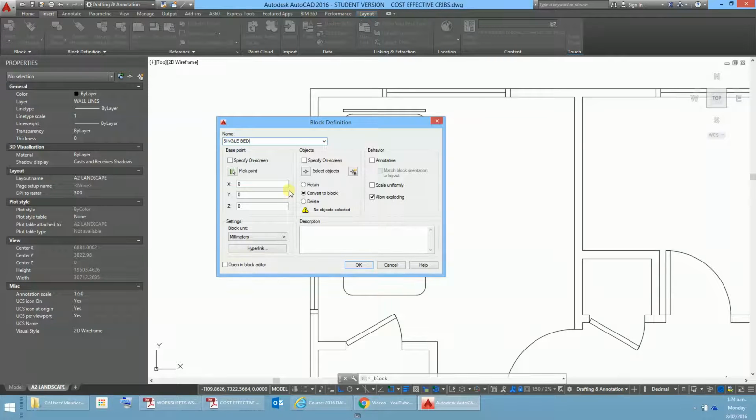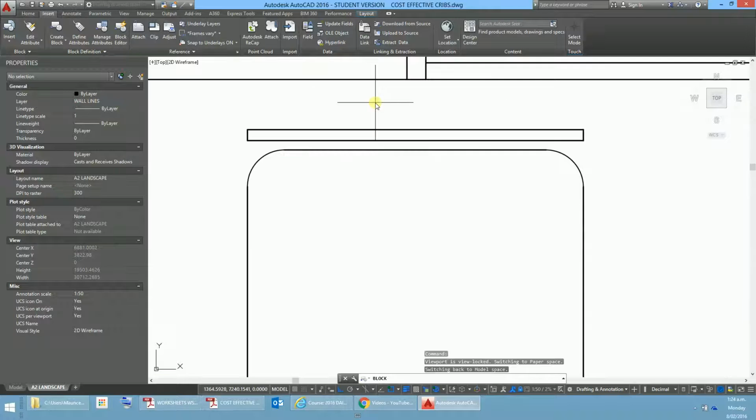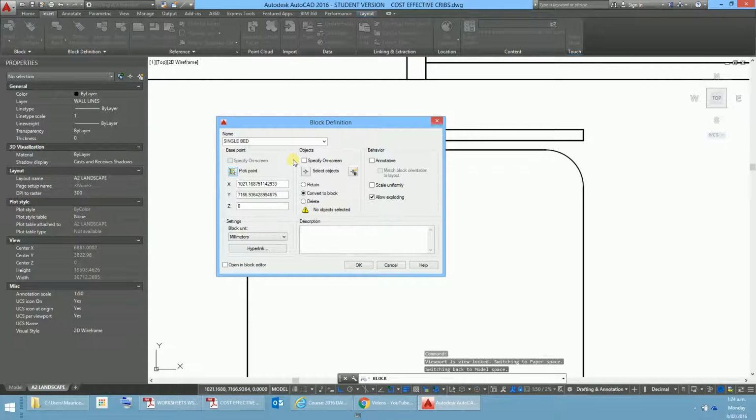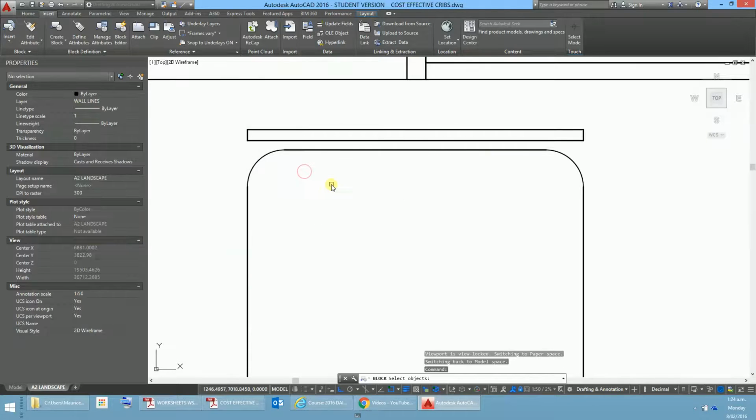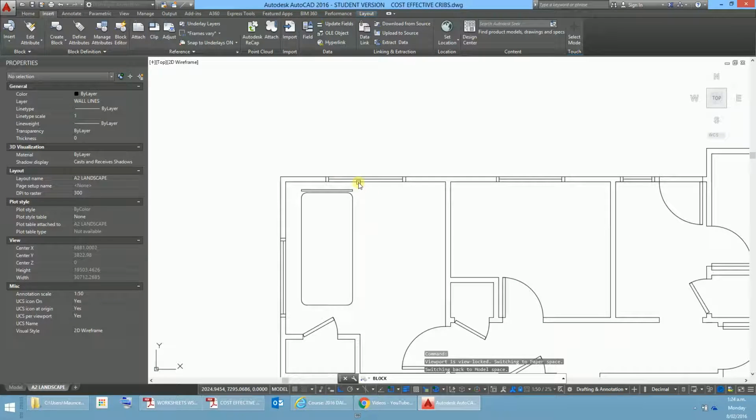Single bed. Yep, pick point. I'll just make the pick point, possibly just make it there, just make it easier. Select the objects, so I'll just select all my objects, like so. Now something that I haven't sorted out here